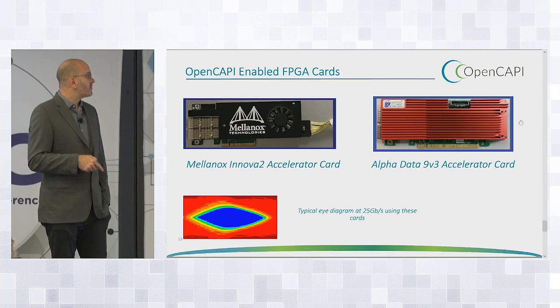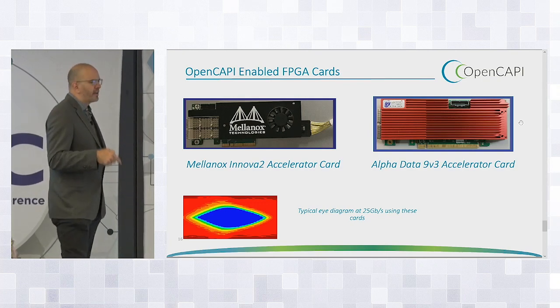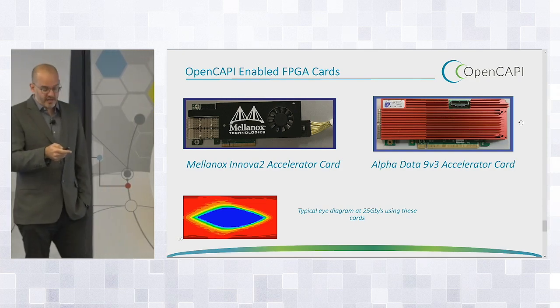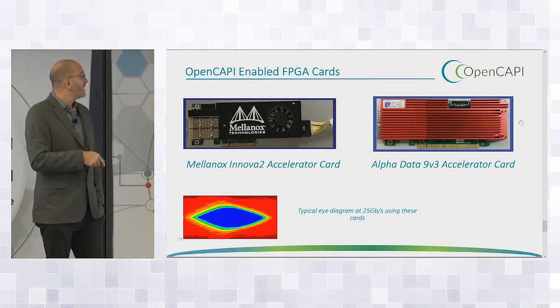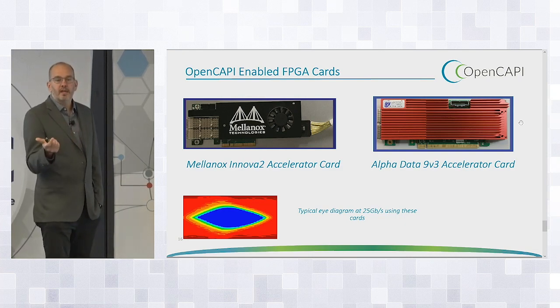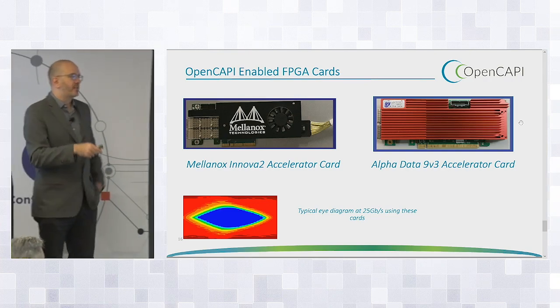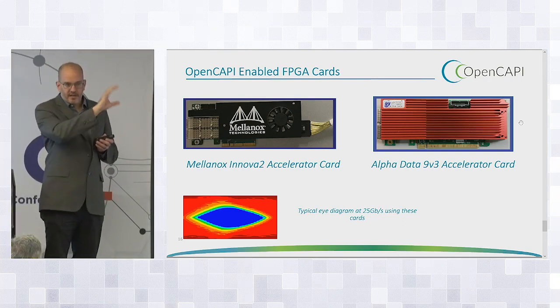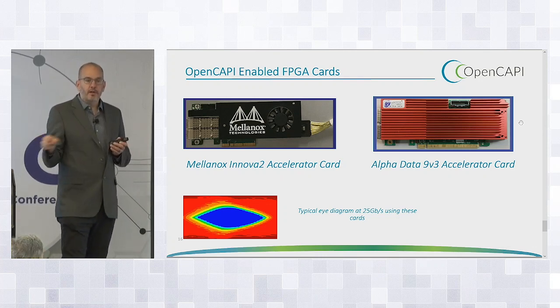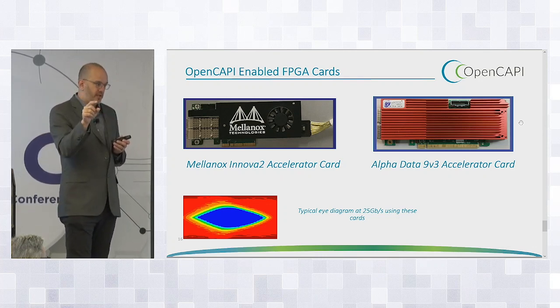And this is kind of an interesting card that Mellanox has built, which is a hybrid device. It takes their standard NIC, which continues to use the PCIe bus, but then it has a parallel FPGA on the card that talks OpenCAPI. So you can think about this as you're able to take your NIC where the data flows to the NIC, and the NIC can either route commands to the processor, but it also can route commands directly to an FPGA.